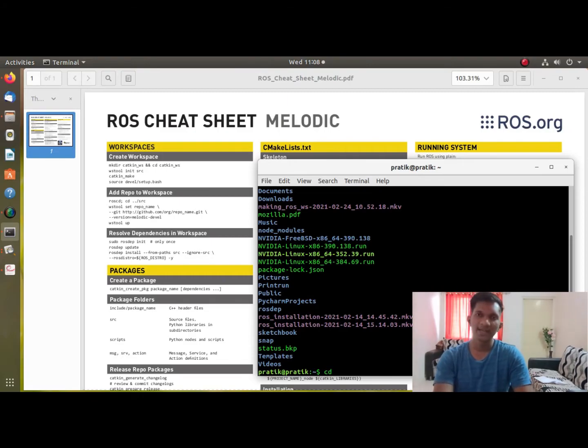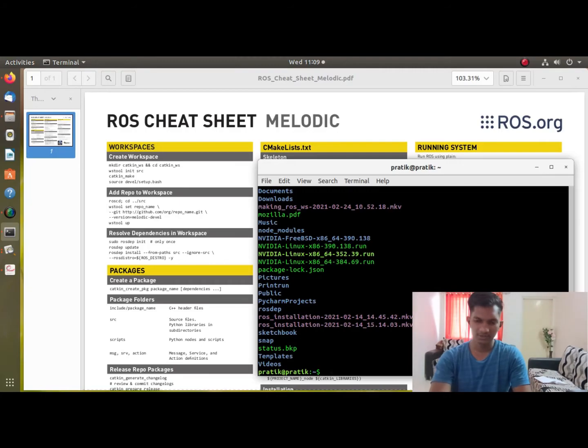We are going to make a catkin workspace which provides all the support files needed for making your workspace. So I'll make a directory named catkin underscore workspace. Let's type mkdir catkin underscore workspace.